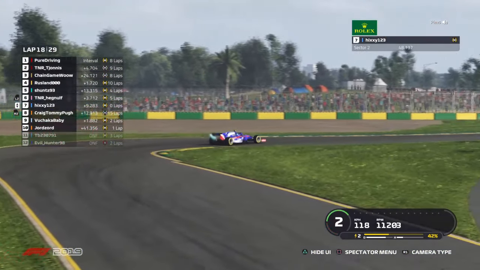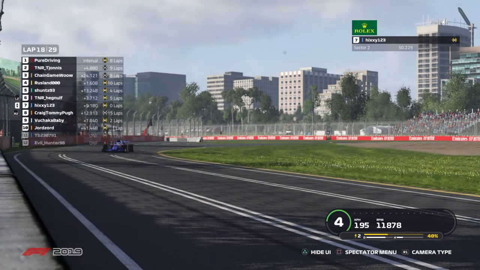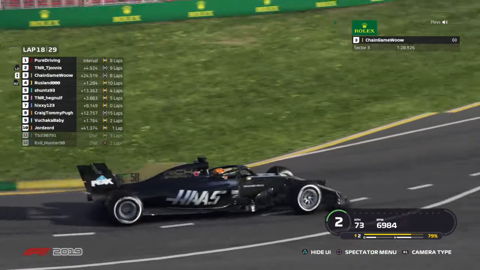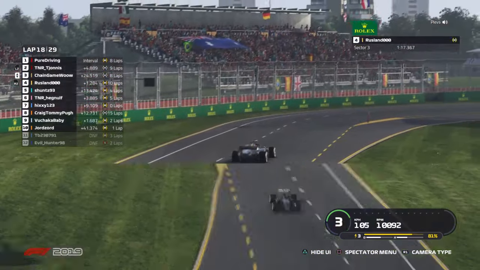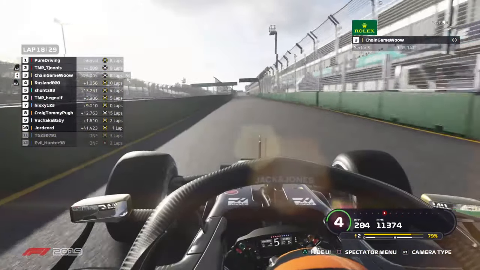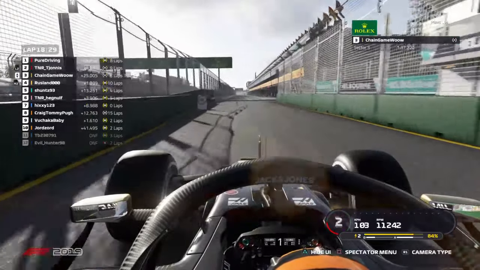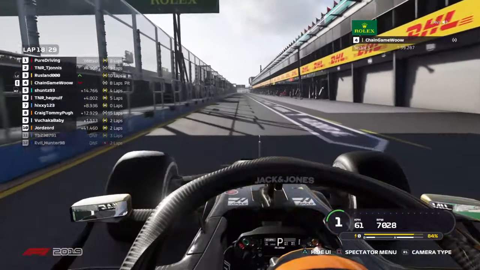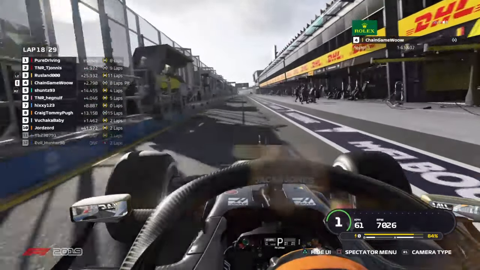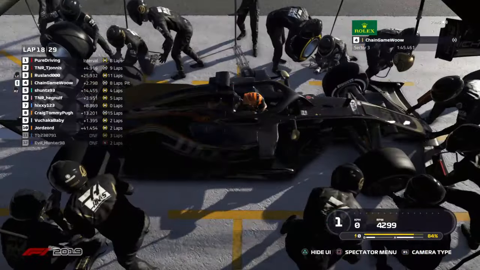But it's not out of the realms of possibility that he closes that gap. Oh, and Russland's caught right up to the back of Chain Game. Wow, I was just talking about... Oh, and Chain Game's in the pits. Something must have happened, so that might explain that yellow flag. Because I was just saying that Chain Game Wow had a 13-second buffer to 4th place, but he's obviously...